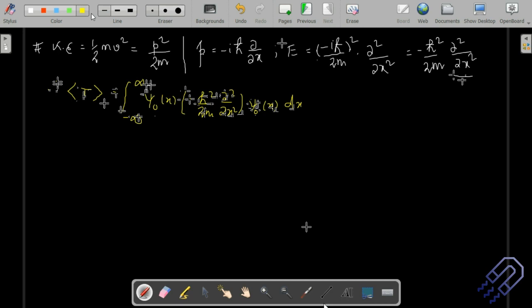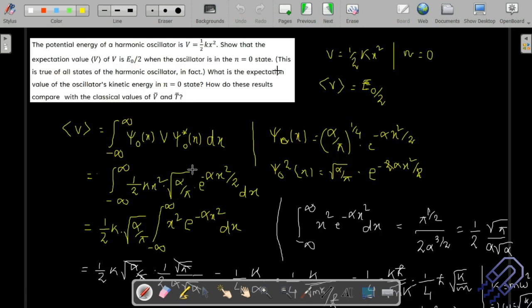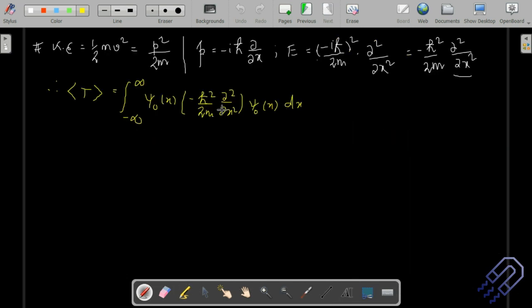What happened in the previous case is we just have a term for the potential energy, half kx square. There is no differentiation as such, so we have to do the simple combinations here. But there is a second order differentiation here when we are actually considering the kinetic energy term. So this will remain as psi naught x, but this part will become psi double differentiation of that. Okay, so if we just simplify this, we can take out the constant, that is nothing but minus of h cross square divided by 2m,